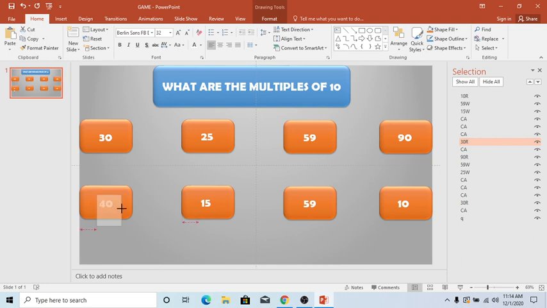So we have to make adjustments in the text box. Yes, so we need to rename it as 40R. Now this is the last text box that is remaining. We change the number, make certain adjustments so the number fits in, and rename it as 69W. So we have completed this.